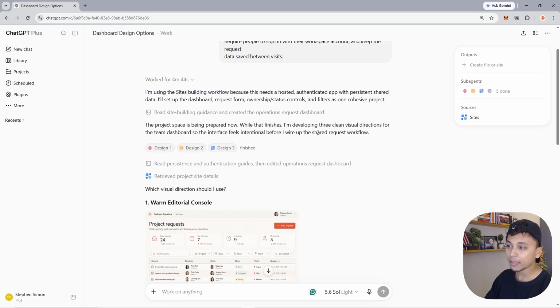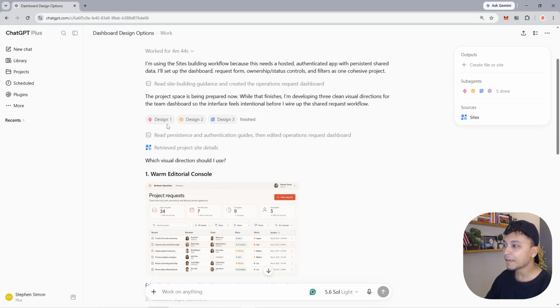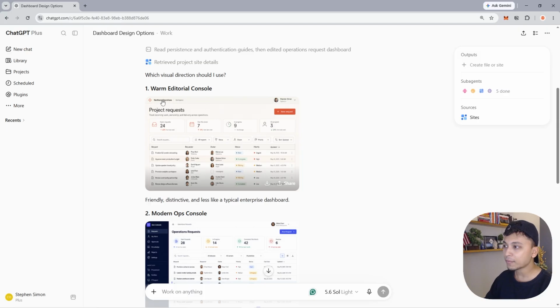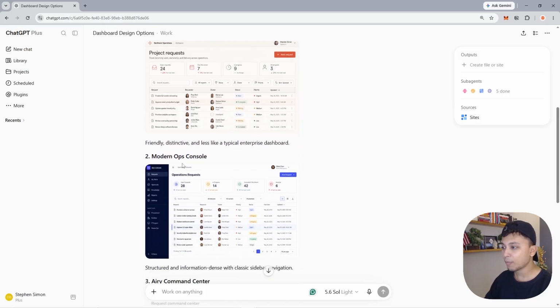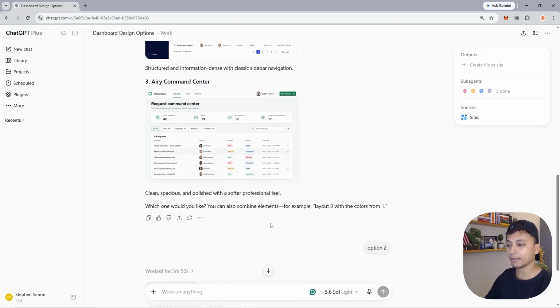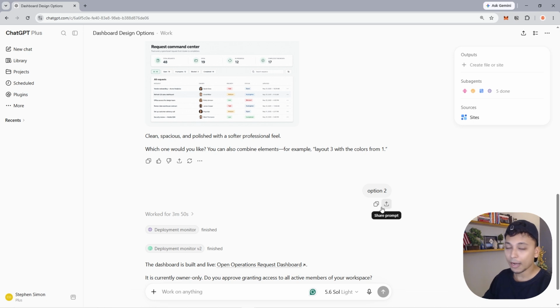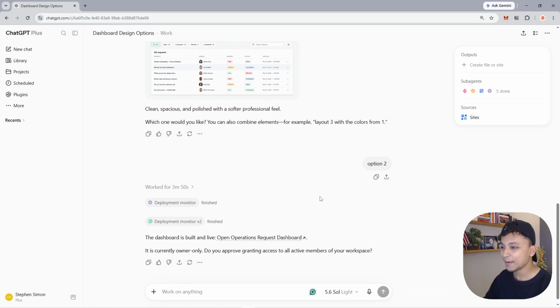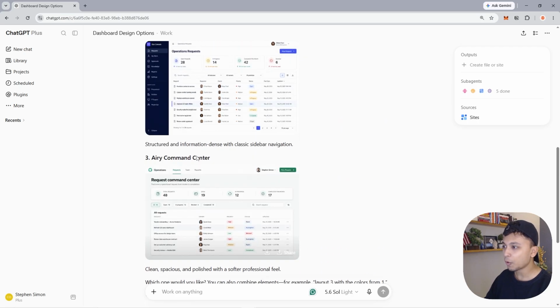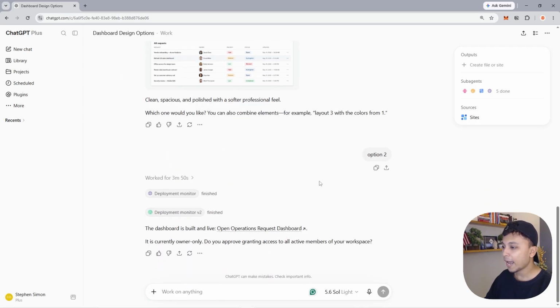So it figured out that it needs to be hosted, and here it is asking me, I'm going to give you three different designs to pick from. The first one is warm editorial console, the second is modern ops, and the third one is airy. So I'm going to pick option 2. I definitely did it ahead of time because it takes some time and I need to record this video. I selected option 2, which was this blue dashboard,